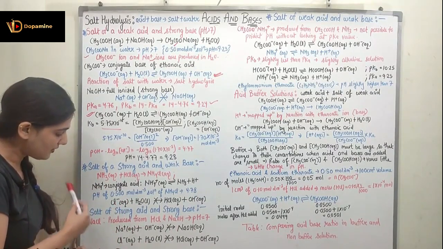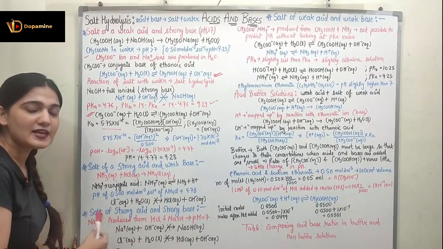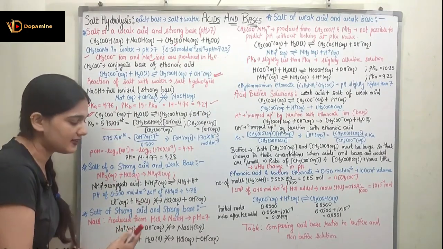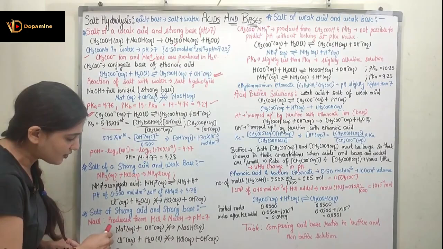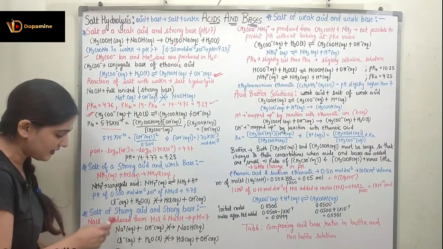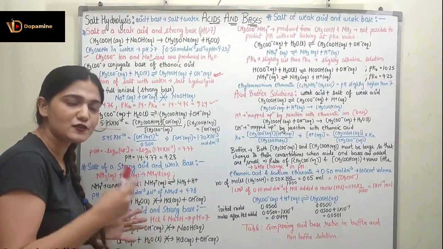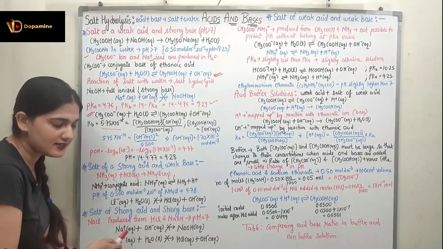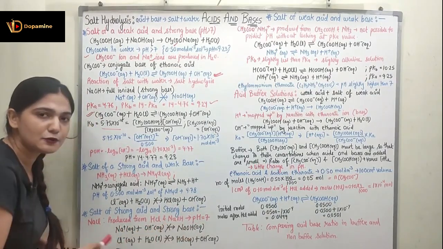Now coming to the next case, salt of a strong acid and strong base. Here the pH will be equal to 7. It is neither less than 7 nor greater than 7. It will be equal to 7. For example, we have the reaction of HCl and NaOH to form NaCl. So NaCl is produced when HCl reacts with NaOH. Both of them are a strong acid and a strong base. Because these are a strong acid and a strong base, the salt NaCl will have pH equal to 7.